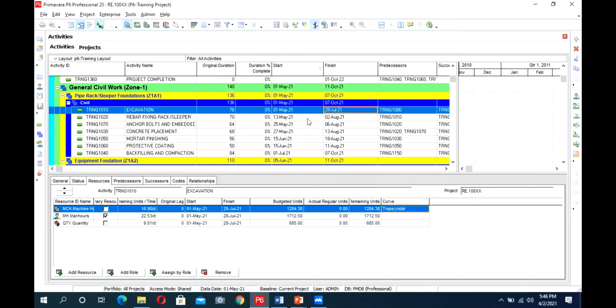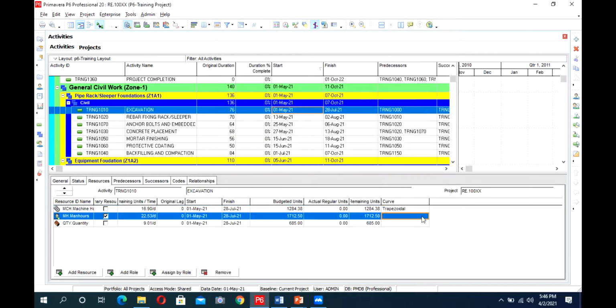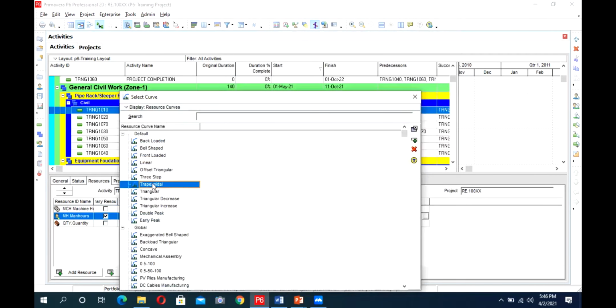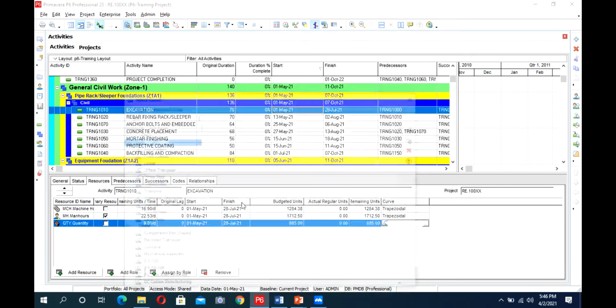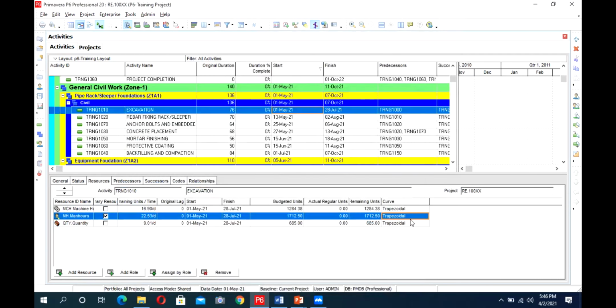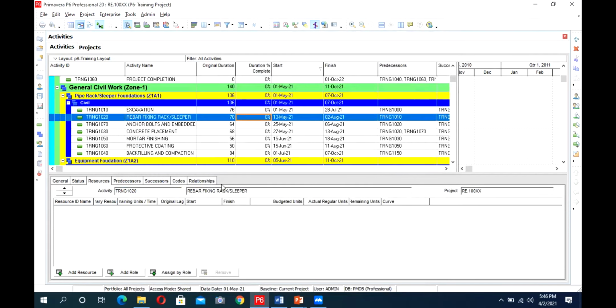So now, as per the exercise, I will assign the curves to the resources. This is one way to add the curve to the resources. There is some other way also, we will discuss it. So first we will add some resources. Next, activity 1020.